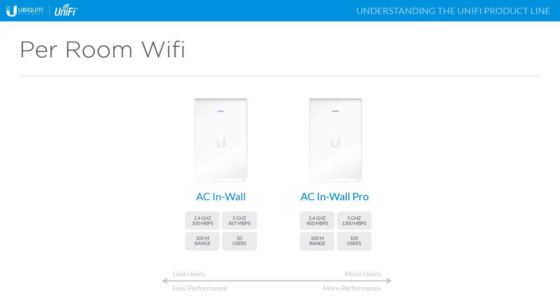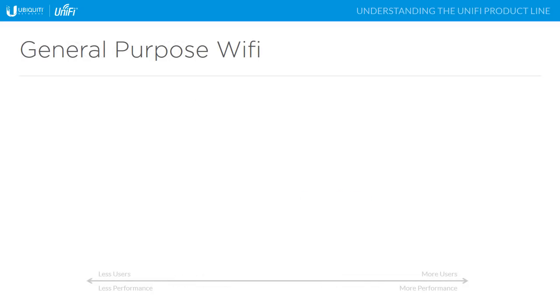The second Ethernet jack doesn't provide power, it just provides data. Let's go and look at another suite of Wi-Fi products, and it's general purpose Wi-Fi. Now we're going to use this same spectrum again, less users and less performance versus more users and more performance,